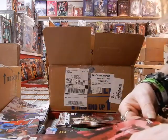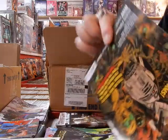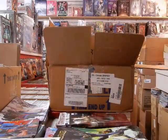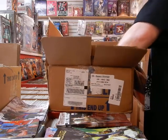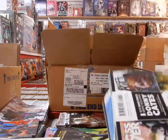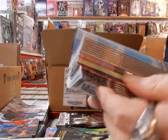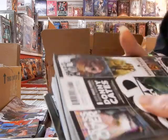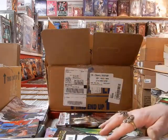Star Wars Adventures number 10. This is the B cover. Got that right there. That might be something that one of the people that gets those might not care. They just might be happy to be able to read it. And as you can see, plenty more damages, including